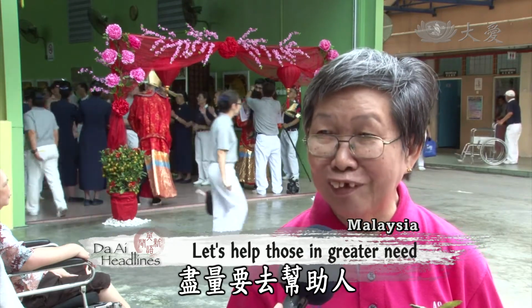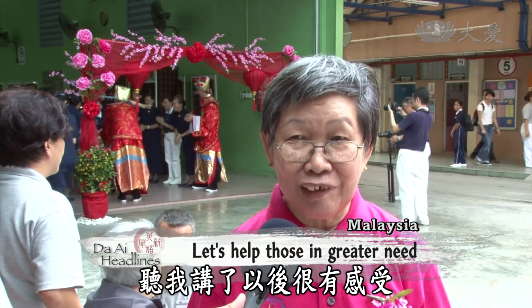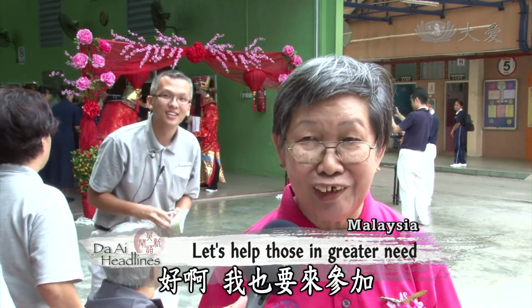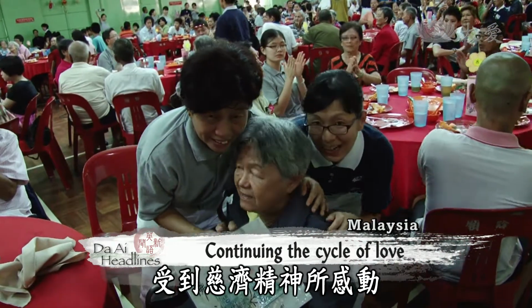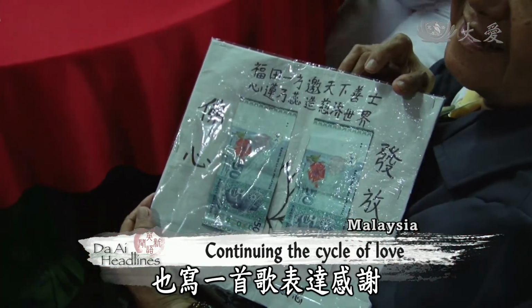We need to contribute our share and help those in greater need. Some of my friends were even inspired enough to join Tzu Chi. Touched by Tzu Chi's kindness, 75-year-old Wu Lianying not only donated money but also wrote a song to express her